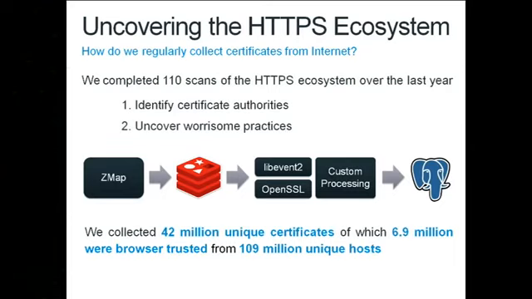The reason for this is that those root certificate authorities that are listed in your browser have the ability to delegate their authority to other parties, to what are called intermediate certificate authorities. And those intermediate certificate authorities aren't on any list anywhere. You don't know about them until you see a certificate from them. So what we did was we used ZMap to crawl the whole public address space, find out what certificate chains it saw, and compile a list of all of those intermediate certificate authorities. We compiled a lot of information about the way those servers were connected to.